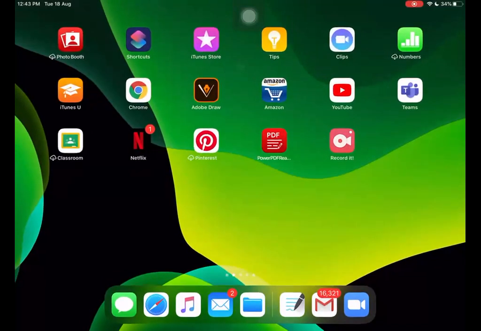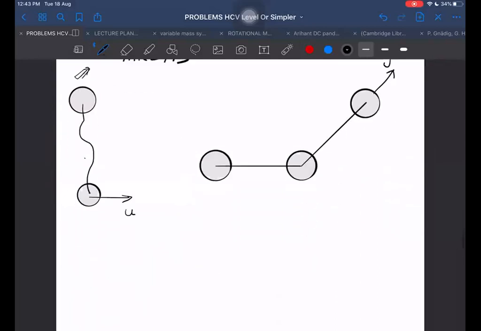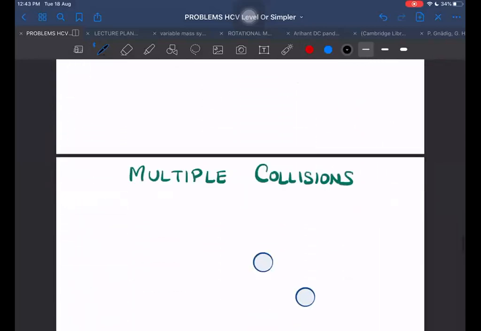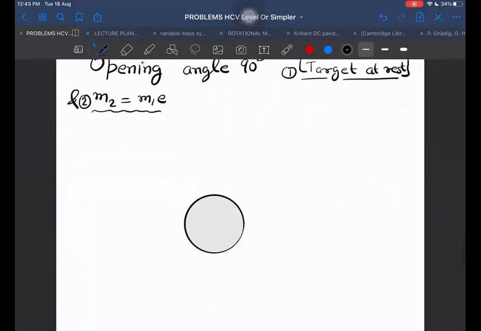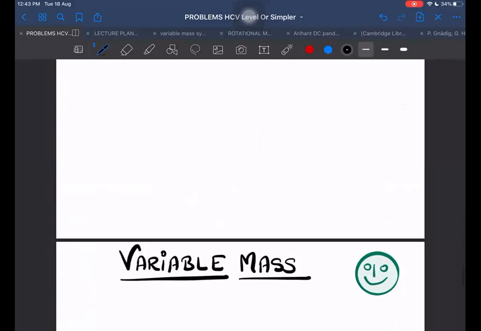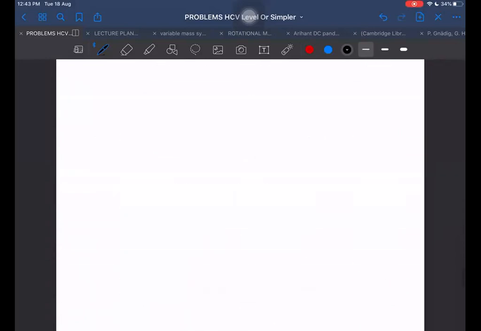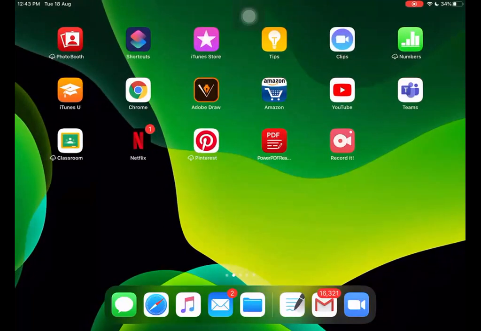And still I have not even started the cases of thread. When threads are there, then what to do? Even some other questions are also pending, multiple collisions cases also I can take. I have taken although today. Then we have variable mass, not even started. That I am keeping for the last. Okay then. Bye for now.